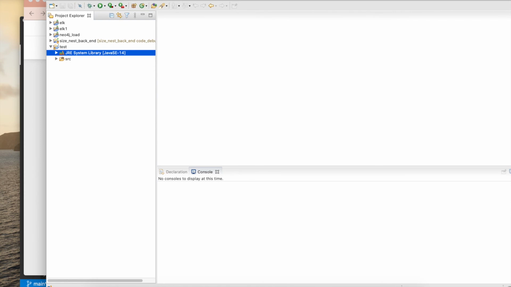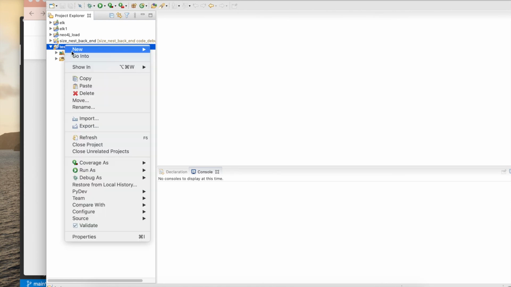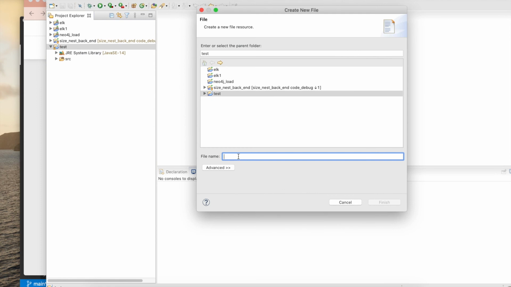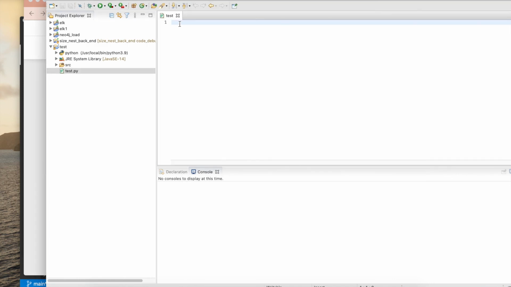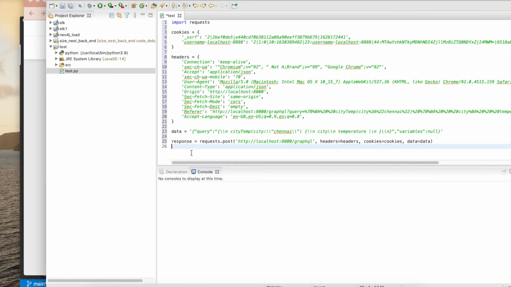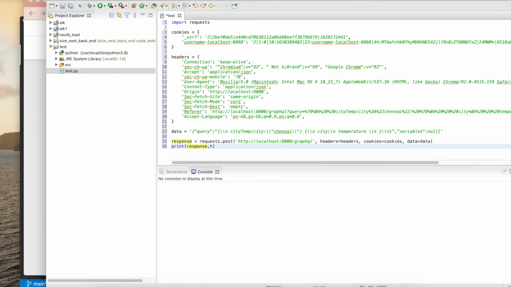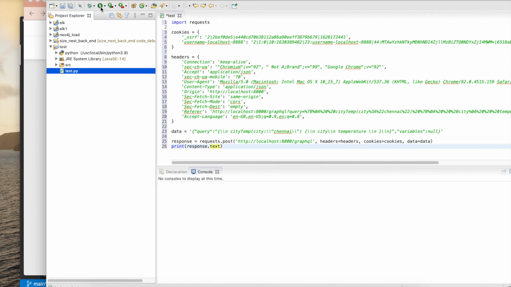Inside this, let me create a new file, test.py. Copy this, then print response dot text. Let's execute this and we'll get the response.